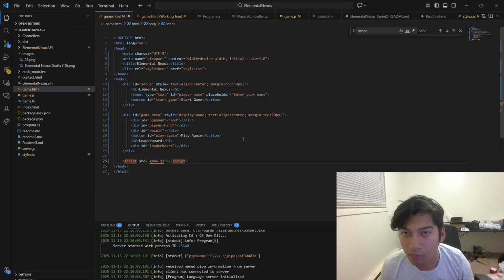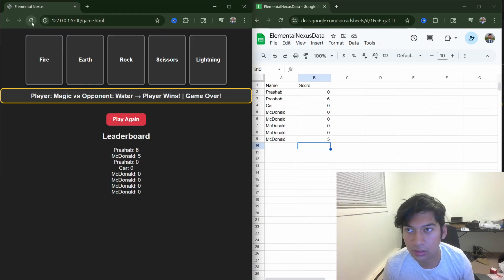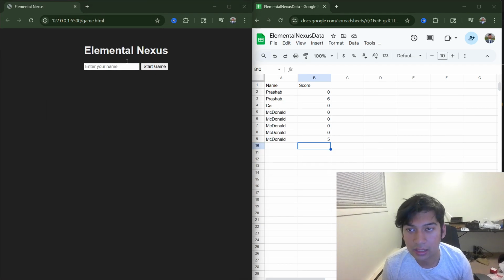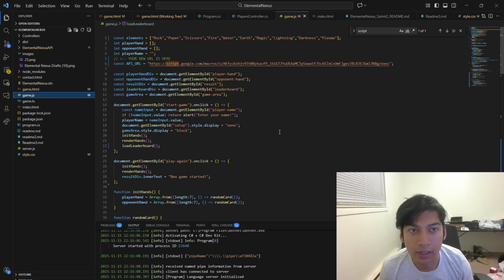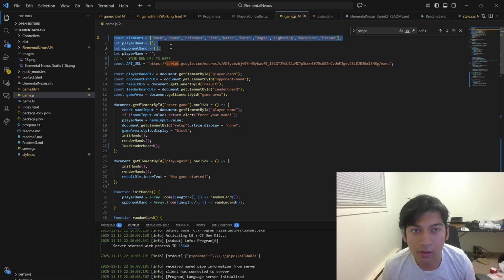Going to my code, my game script is just leading to the JavaScript, and nothing else. It's just like a placeholder to enter your name, which is the first thing that you see when you open the page, and then there's nothing else in the HTML file. The fun part is in the JavaScript file. Okay, here you can see, like always, we are defining the elements, or in this case, all the different cards that are in the game, and